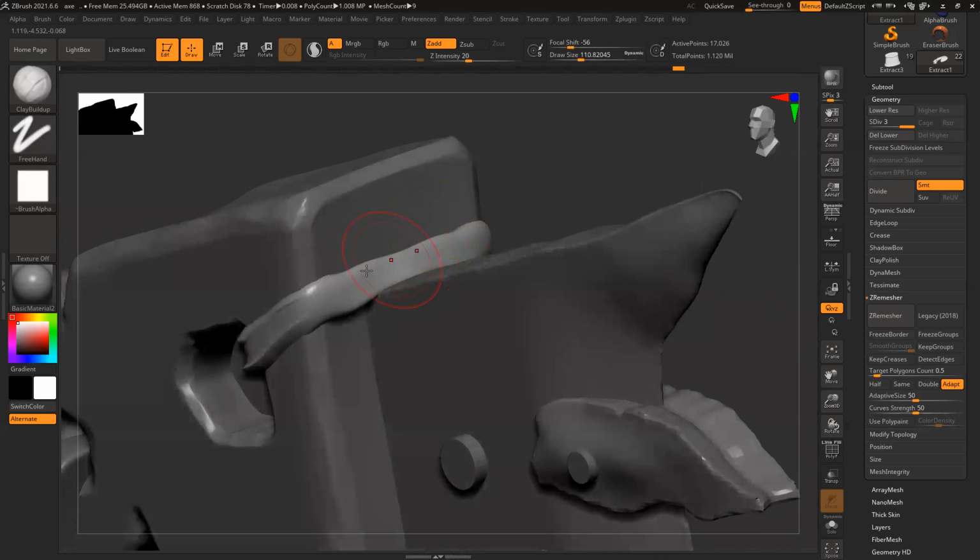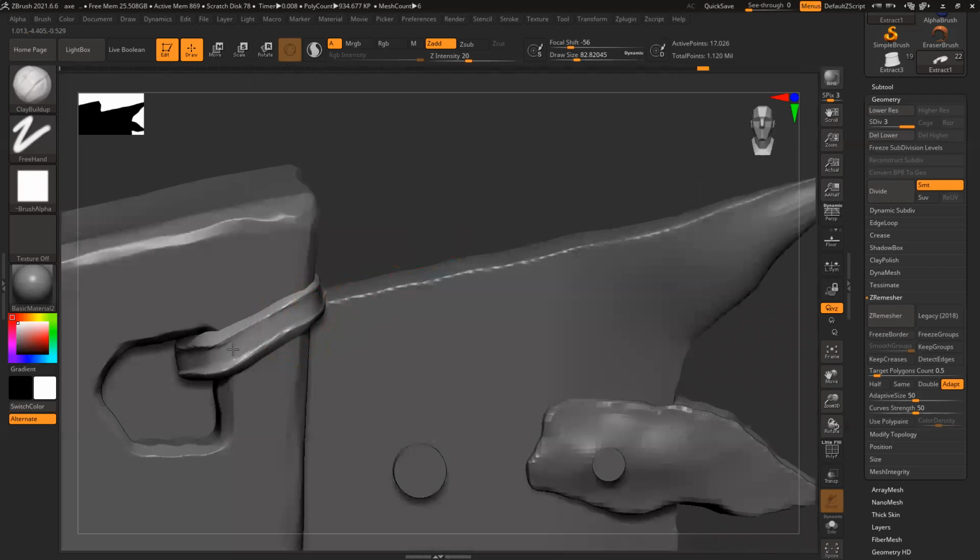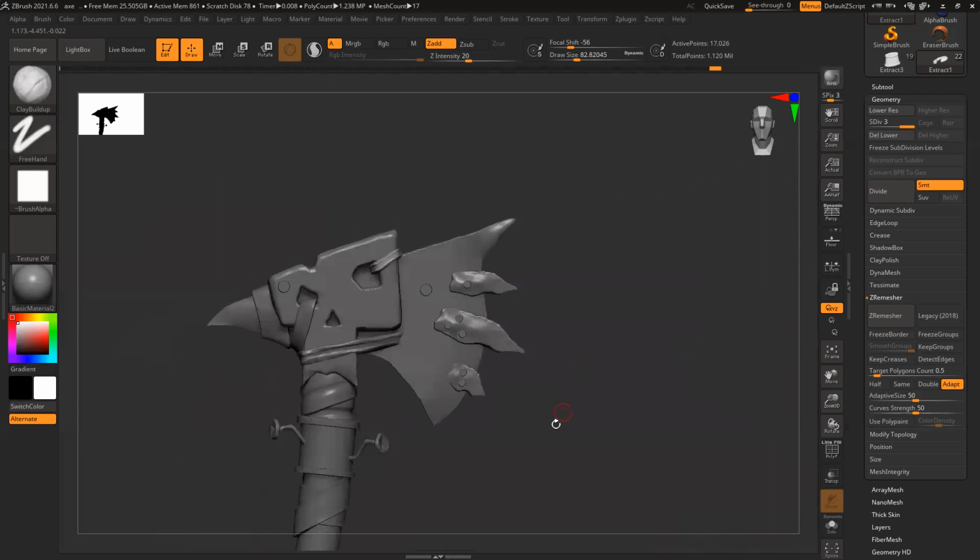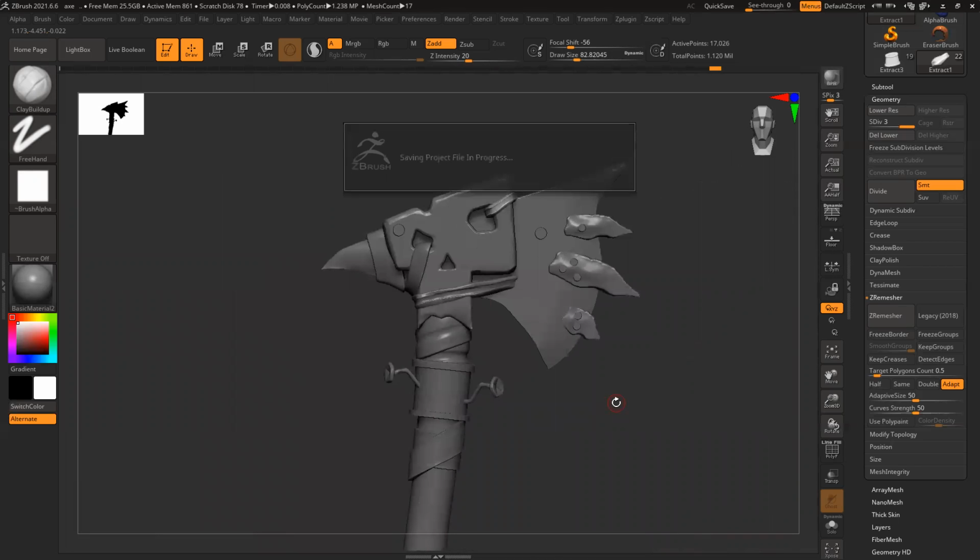Build up. Control S to quick save the file.